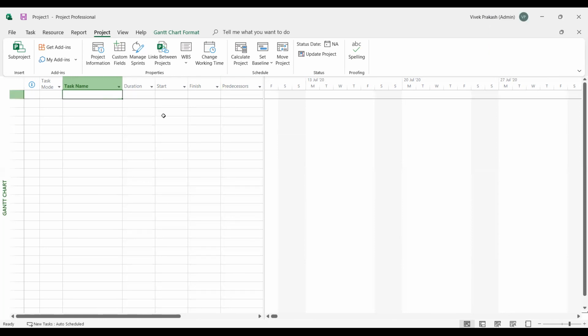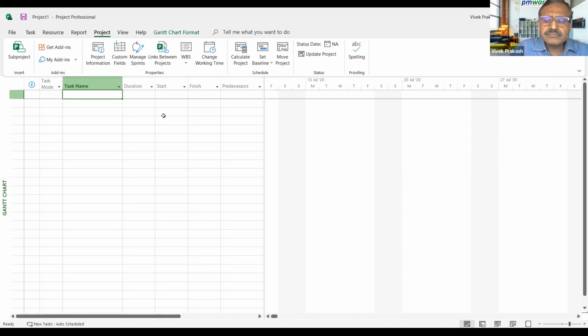Yes, sir. Okay, so let's try that. First we will create a work breakdown structure, and then we see how to create it. So how will we create the first phases? Suppose I want to develop a ground plus one construction house, an independent house. Okay, a ground plus one independent house.